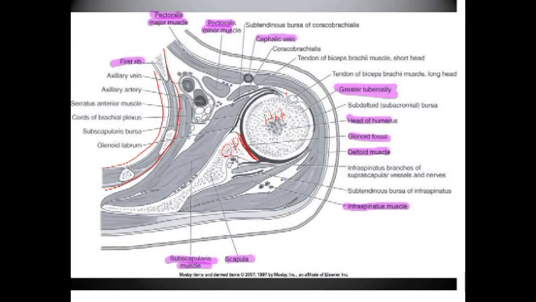We have the bicipital groove, with the greater tuberosity and the lesser tuberosity. And so we have the infraspinatus muscle, subscapularis,